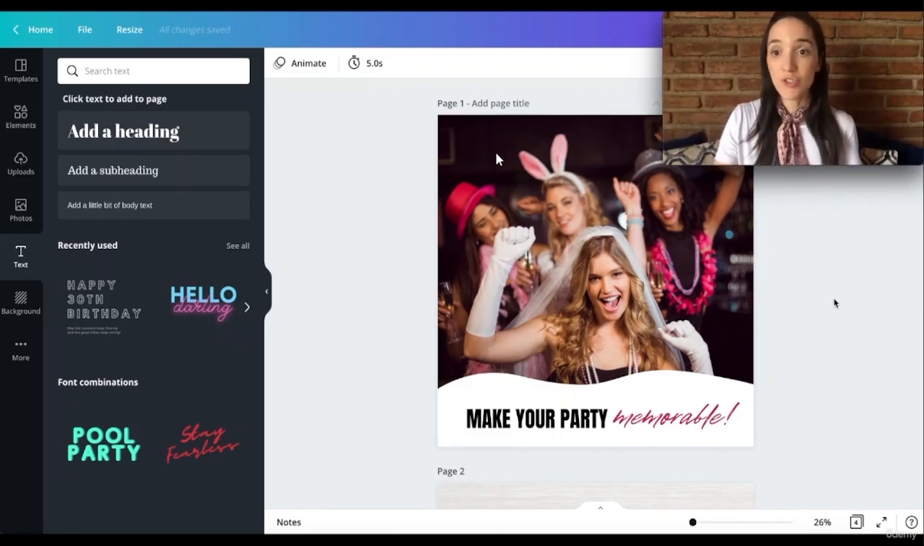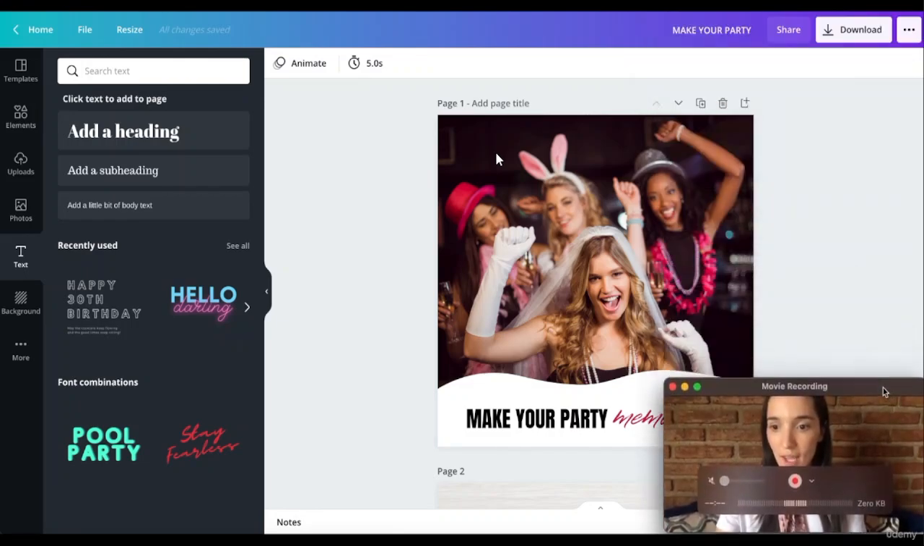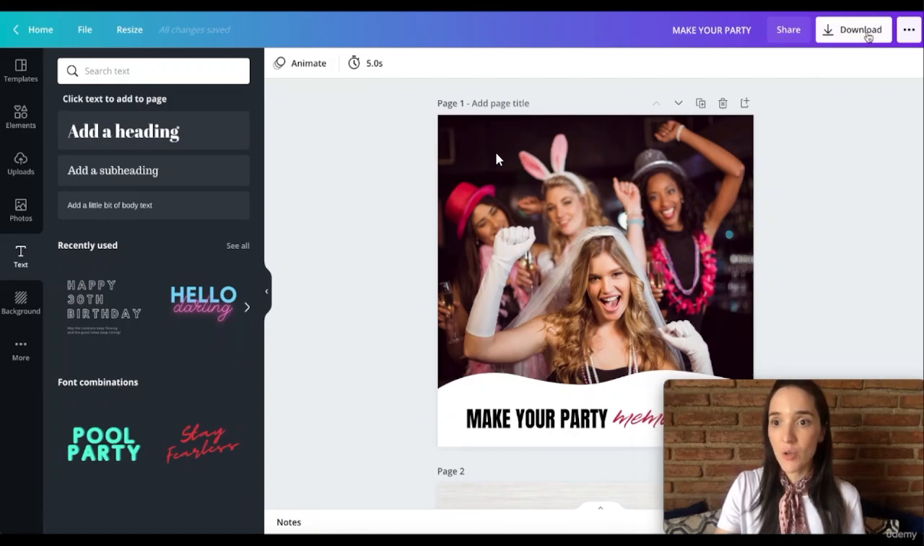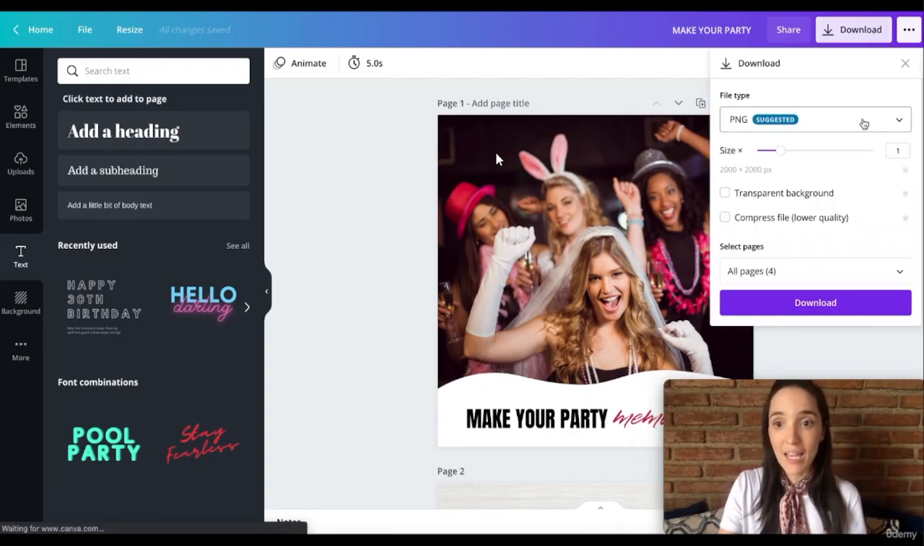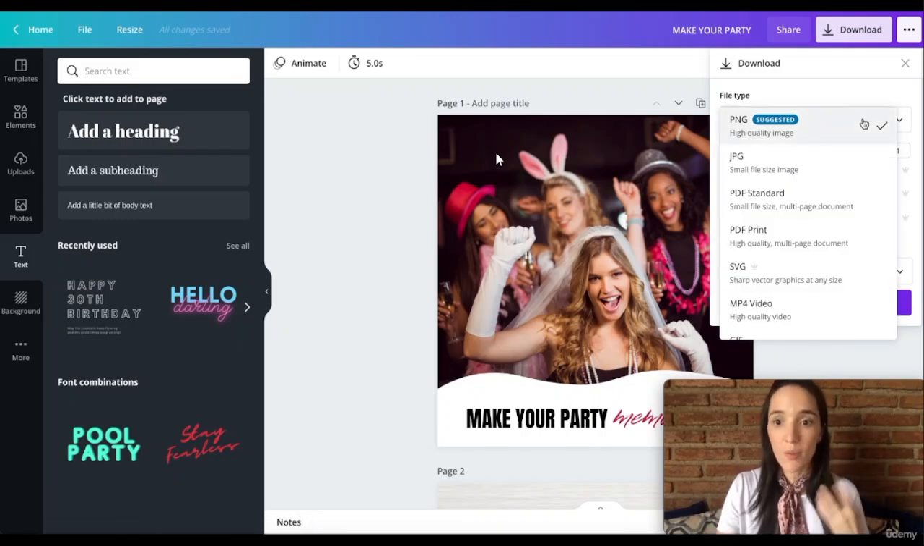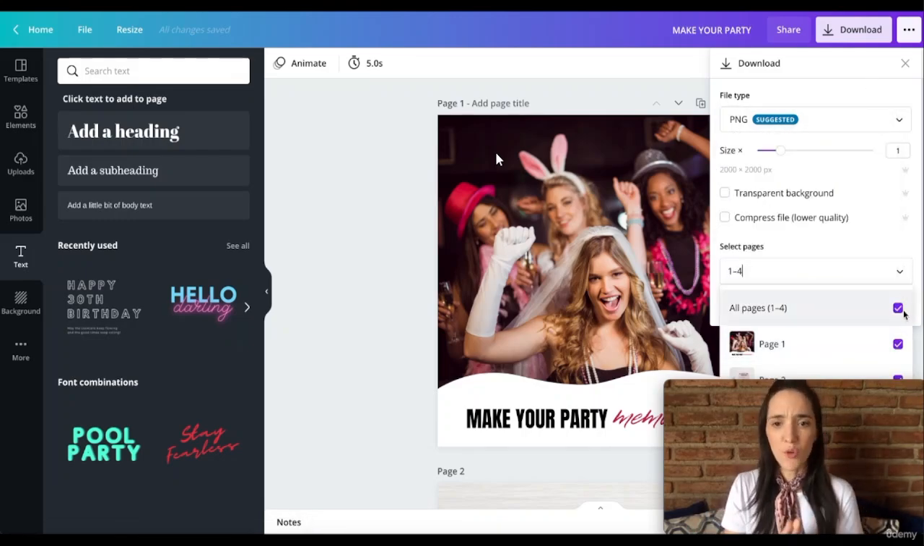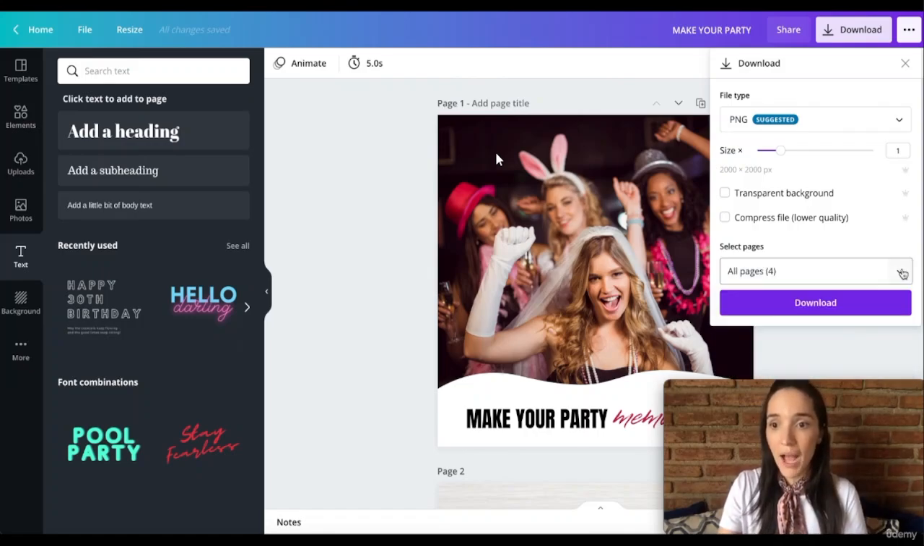And that's it. The last step will be to just download your images, and you can do that here. I'll move myself out of the way. You just have to click download, and then you can choose your file type. Here, I like to stay with PNG because it's the highest quality, but you can choose another one. And then here you can select if you want to download just some of your images or all of them. I want to download all of them, and then you just have to click download, and then Canva is going